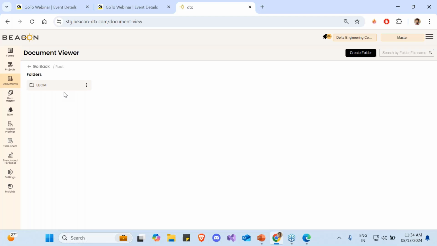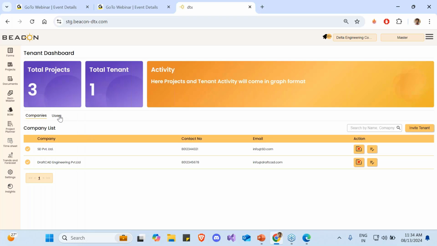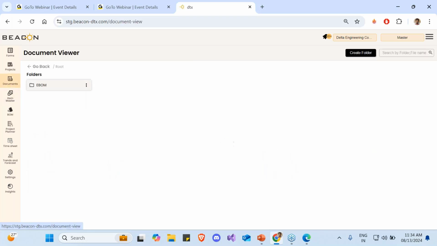When I say master level, that means it applies to all the projects that I'm working with, or it could be somewhere where I'm storing it as a repository to be visible to everyone, whoever is part of my user list. So whichever user I've added here, they can access everything with regards to documents that are out here. But this specifically is with regards to project.